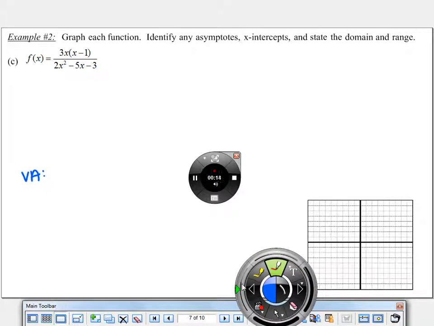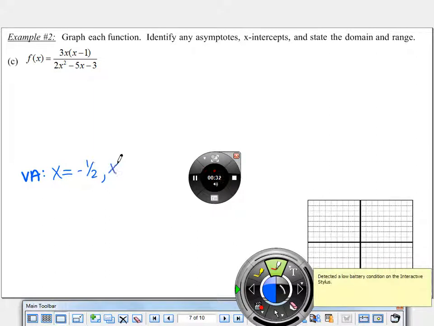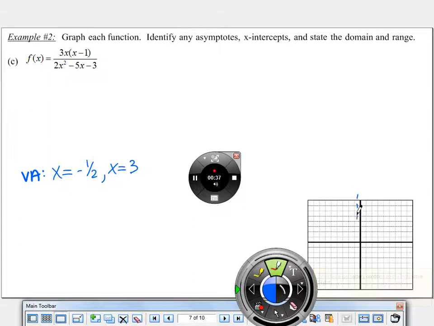So what was our vertical asymptote, or asymptotes in this case? Okay, so we got x equals, what was it? 0? I don't think 0. I don't think 0 for vertical asymptotes. Oh, sorry, x equals -1/2. Okay, x equals -1/2, and x equals, what else, 3? Okay, that came from factoring the denominator, which we had factored out yesterday, and then setting those factors equal to